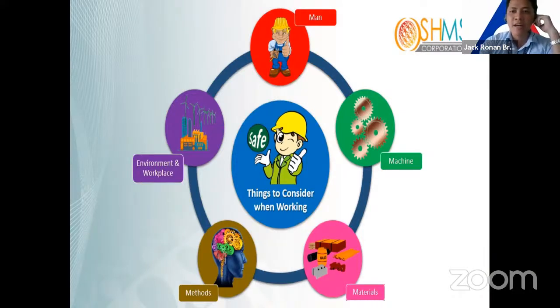A hazard can originate first from the person working. Of course, if the person working is not knowledgeable enough, hazard can exist. Next, it can originate from machineries. If there is no proper guarding of the machineries, hazard does exist. And the next is materials. We have materials that are hazardous to our health, in which handling of it could lead into injury or illness.